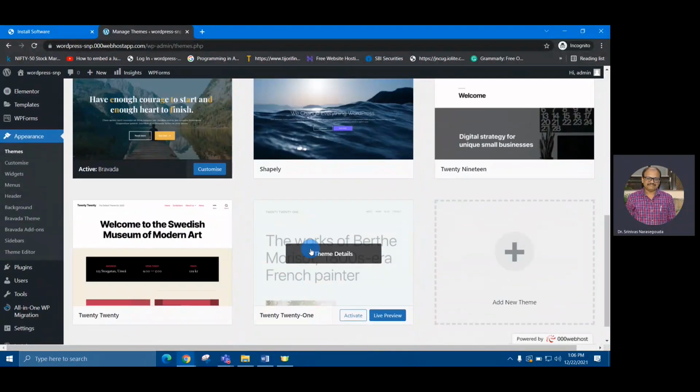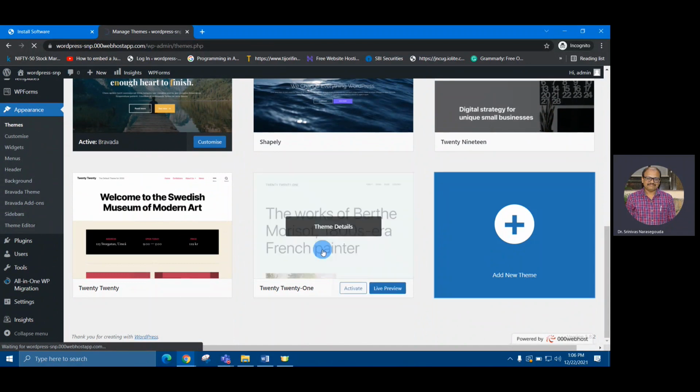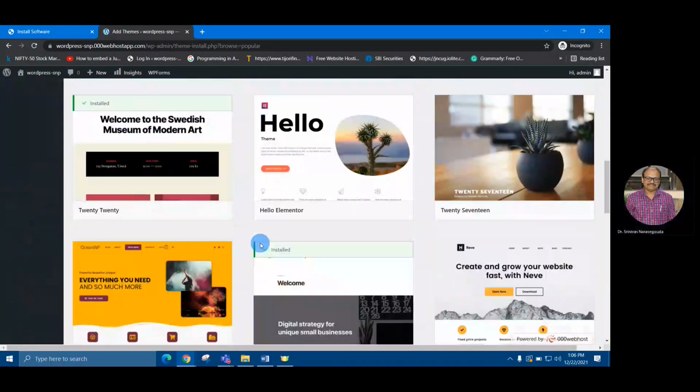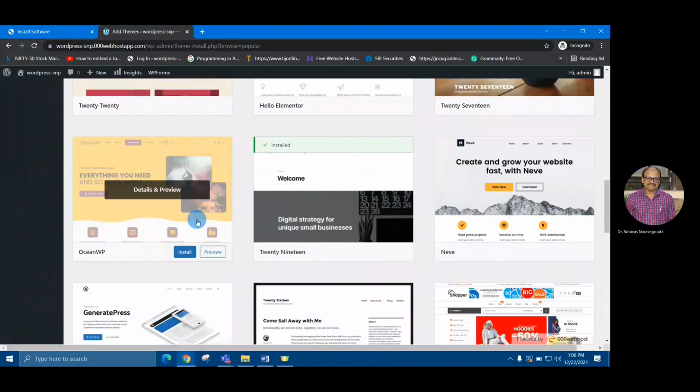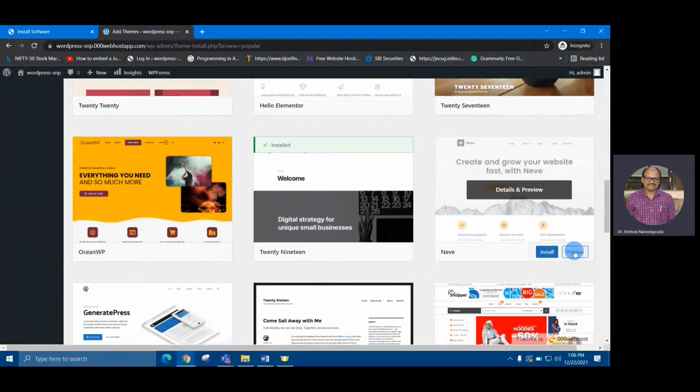And suppose you want to see how the theme looks like, in that case, before installing also, you can see a preview. As you can see here, the preview button is there. In every theme, you will see the install button and the preview button.